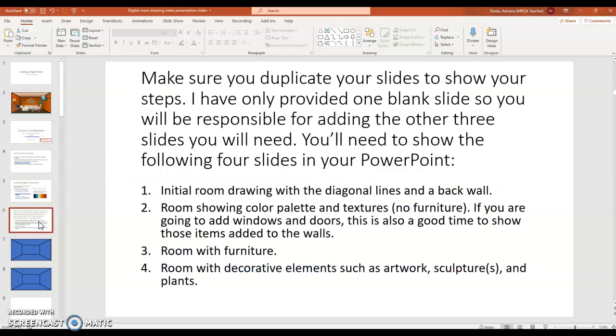Now, as I mentioned, there's going to be multiple parts to this video tutorial. Our first video will be all about the initial room drawing with the diagonal lines and a back wall. After the first video, we'll provide a second video showing you how to look up a color palette and textures. If you are going to add windows and doors, this is also a good time to show those items added to the walls. Part 3 of the video series, we're going to show you how to add furniture to your room. And then finally, part 4 is adding the decorative elements such as artwork, sculptures, and plants. So 4 videos, you can either watch all of them and work along side by side with me, or if you already know how to do some of these items, you might be able to skip over some of these video tutorials. Now, to begin,